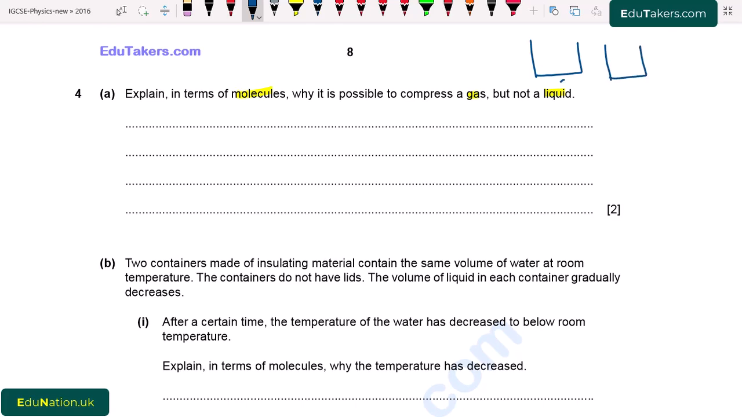In one container there is gas and in the other there is liquid. Now the gas molecules are very far apart from each other. There is a large spacing between the molecules of the gas, but the liquid molecules are closer to each other. The spacing between them is very small. So as the spacing between the gas molecules is large, it is easy to compress a gas. But in a liquid the spacing is very small, so it is not possible to compress the liquid. So I write here: lots of spacing